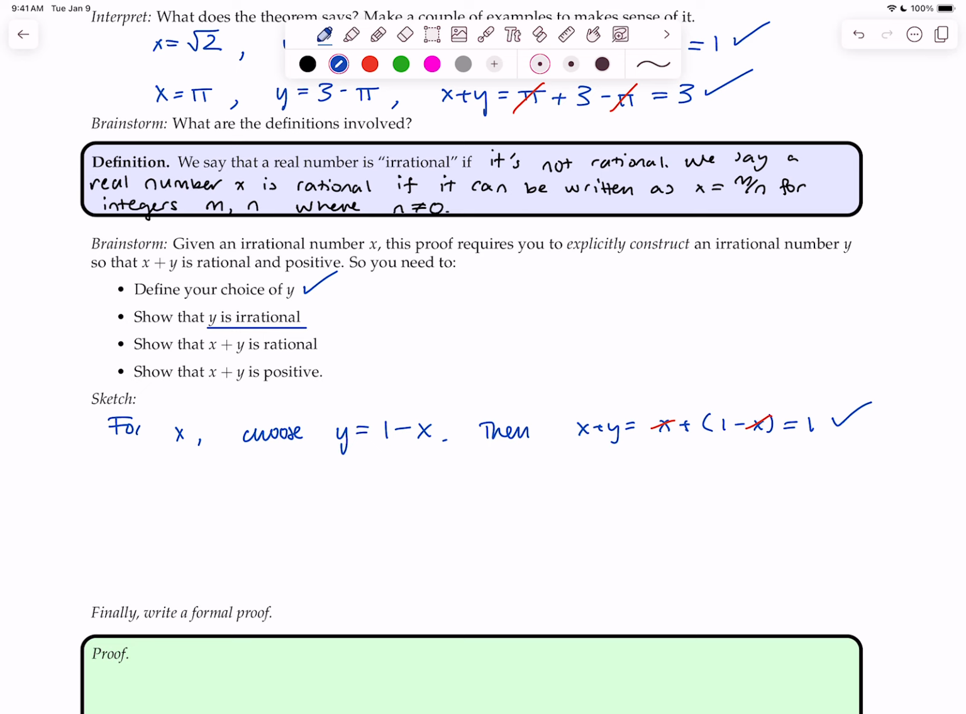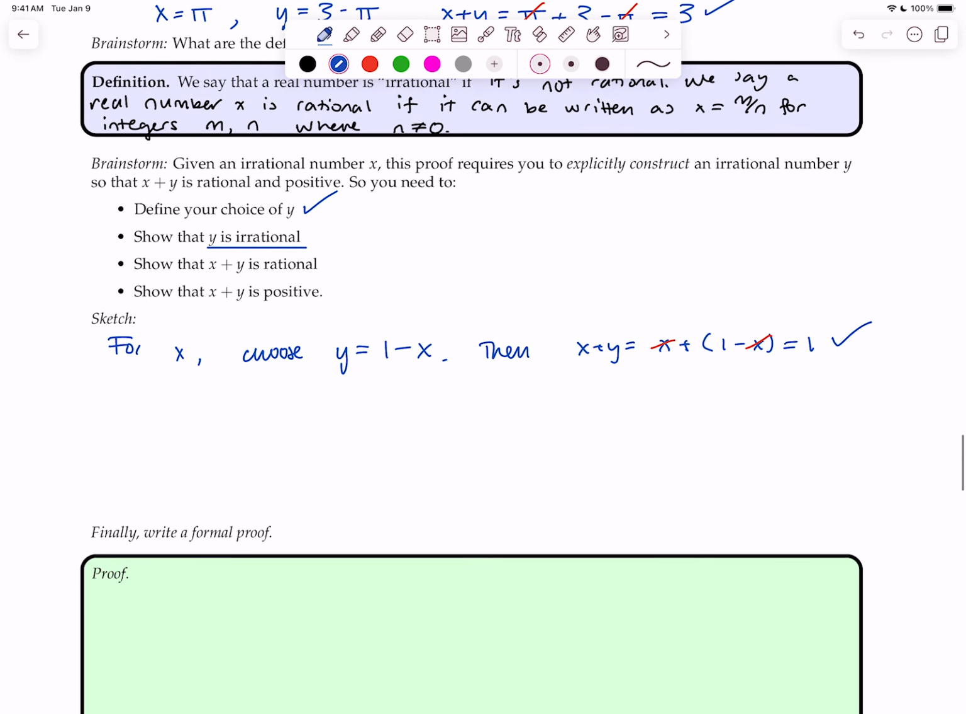So, how do you show something's irrational? Typically, the best way to show something's irrational is to do proof by contradiction, right? Y is irrational, since if you were able to write it as m over n, then, well, what does that say about